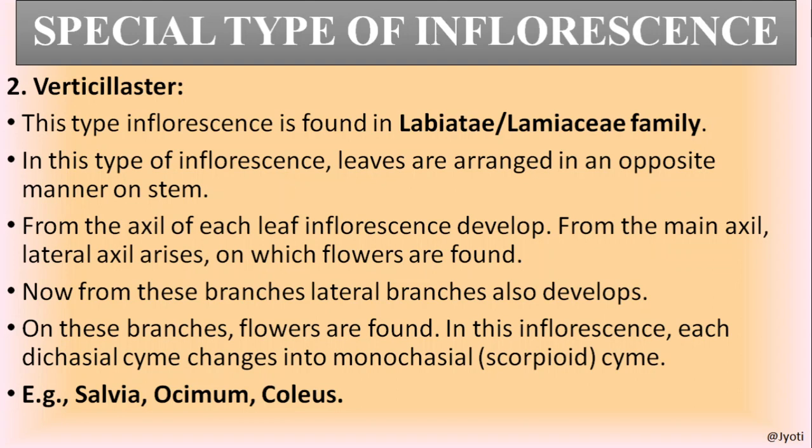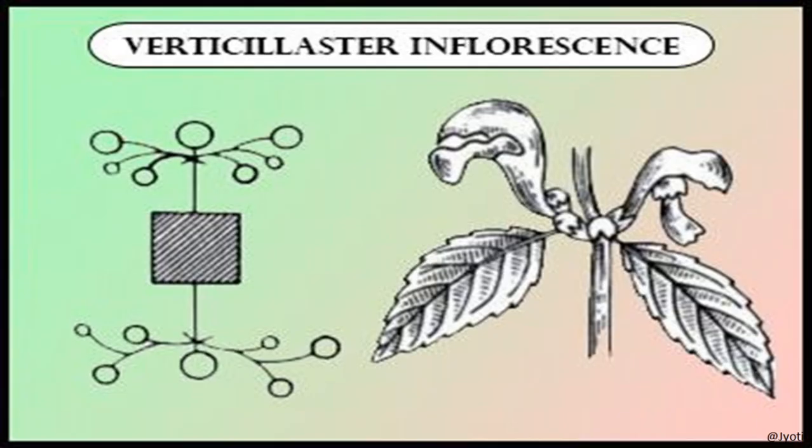Okay, that's why they are very important from the examination point of view. So here you can see that this is the main stem, and suppose this is the part of the stem from where the flowers, or the inflorescence, have developed. So from a single point of the stem, on either side, on the opposite side, the inflorescence develops. The whole thing is inflorescence, but it has developed on either side of the stem,